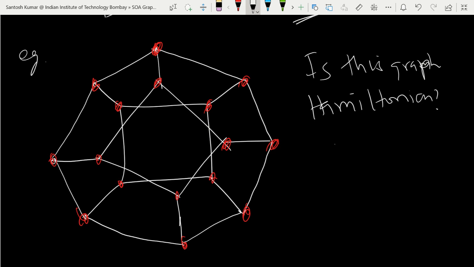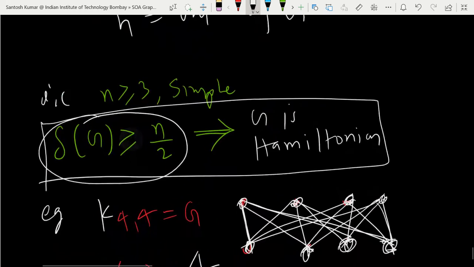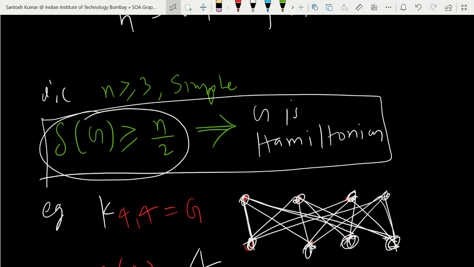That cannot tell you it is not Hamiltonian, because that is sufficient, not necessary. So let me explain it again. This result will never tell you the graph is not Hamiltonian. It will tell you only that it is Hamiltonian. So try to understand. You might have checked this, and if it doesn't hold, then you can say nothing. Let me say it again.